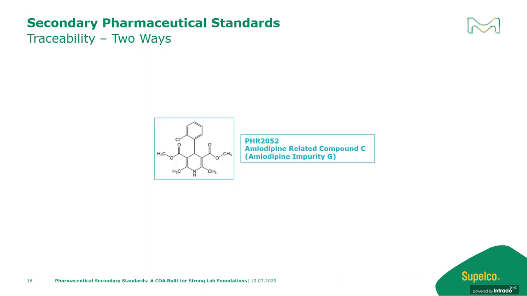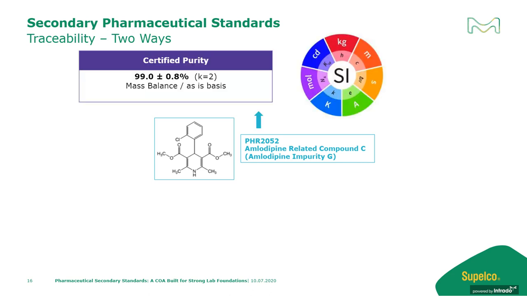Here we have a secondary standard amlodipine-related compound C, which is also known as amlodipine impurity G. Often the case that a particular analyte will have one name defined by the USP and another name defined by the EP. So the certified purity for PHR 2052 is assigned by mass balance and is traceable to the SI unit, in this